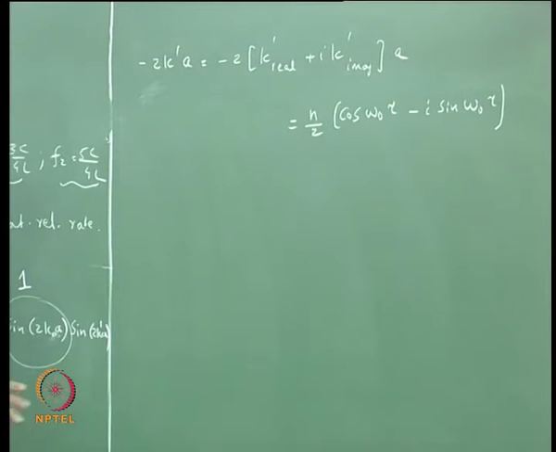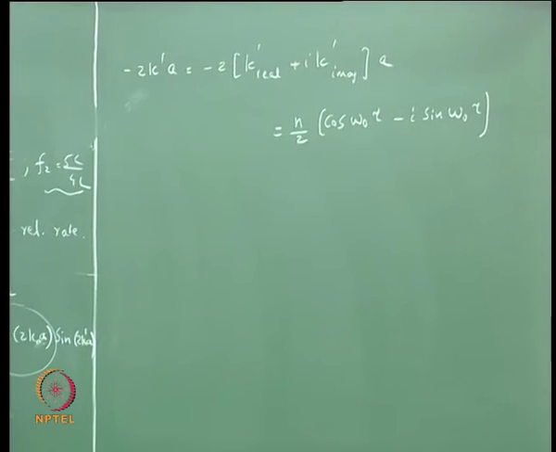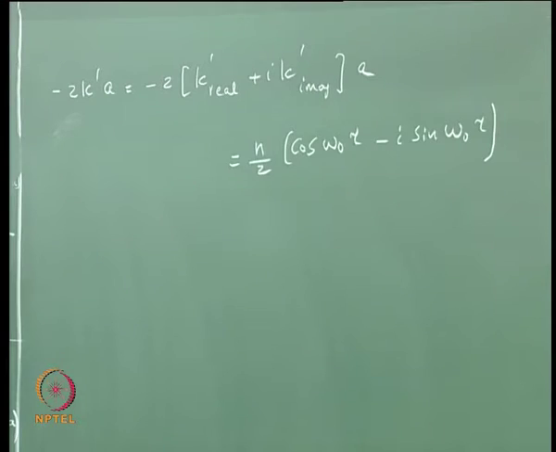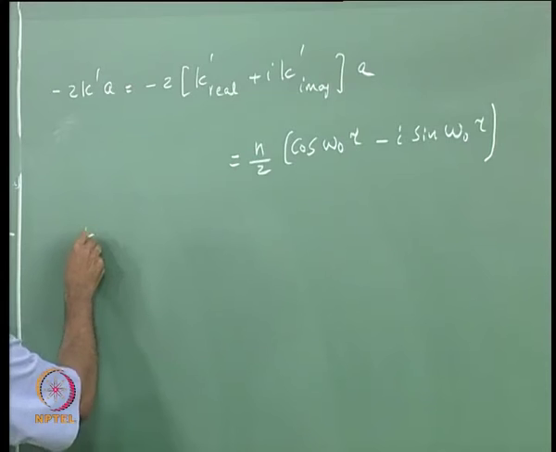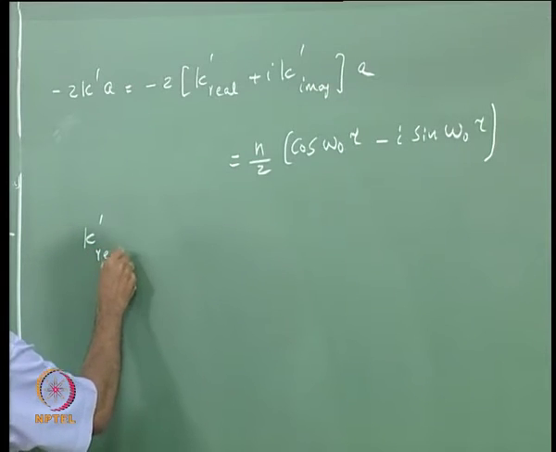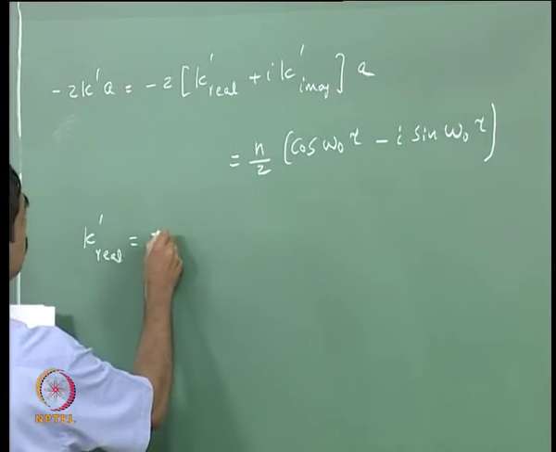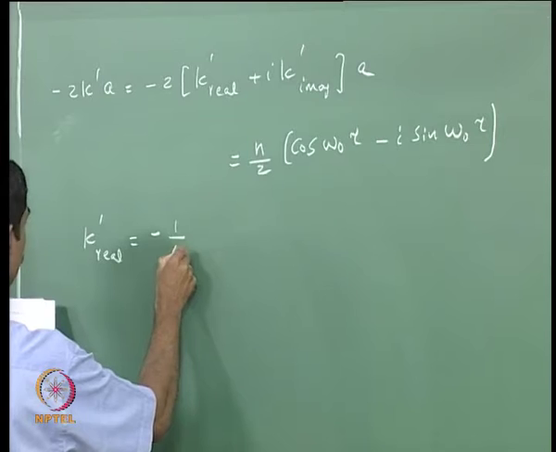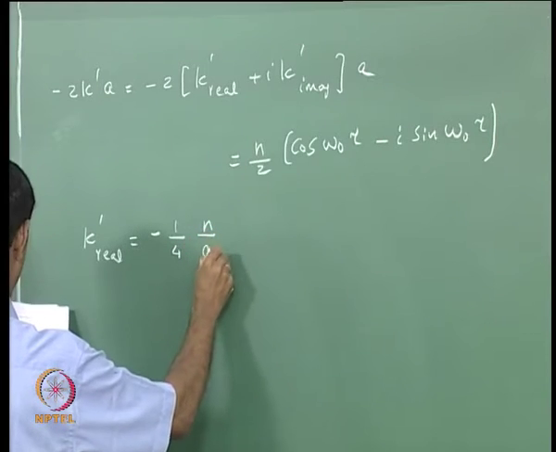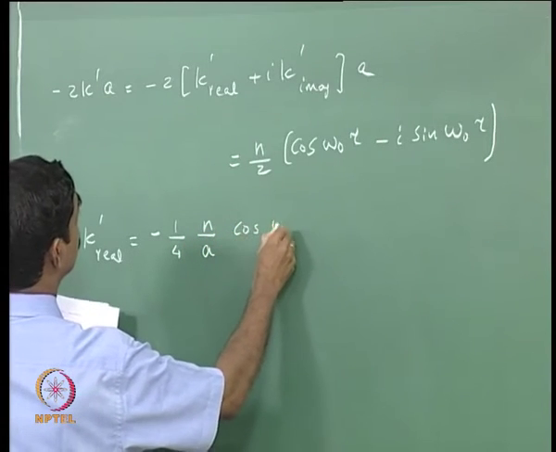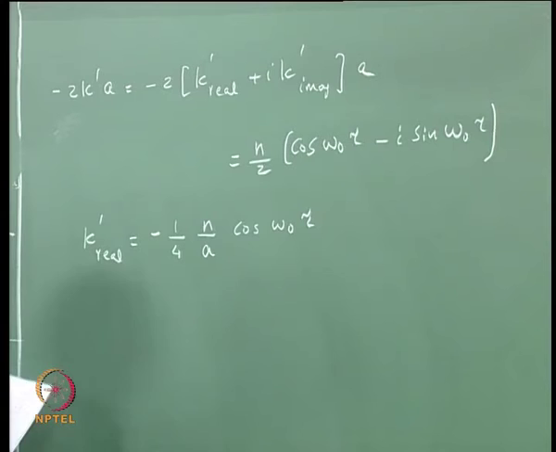So when you have a complex equation, you actually have two equations, one for the real part, one for the imaginary part. So we can say k prime real is minus 1 over 4 n over a cos omega naught tau, and